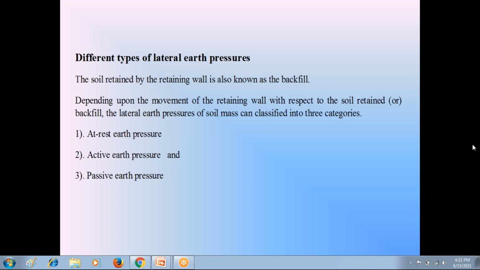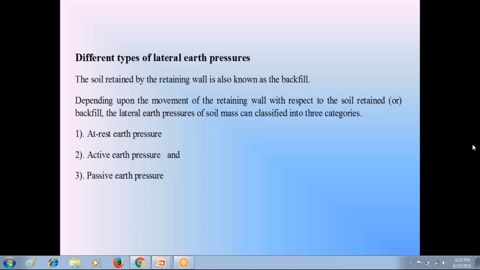Apart from that, no other importance. Actually, the retaining wall remains in the same location. It is a massive structure. It may not have horizontal movement. But if it happens during earthquakes or for some other reasons, if the movement happens, what is the active condition earth pressure, what is the passive condition earth pressure, which one is larger, that value we must consider in the design of the retaining wall. For that purpose only, in this theory, unit 3, we consider these three conditions of the retaining wall.